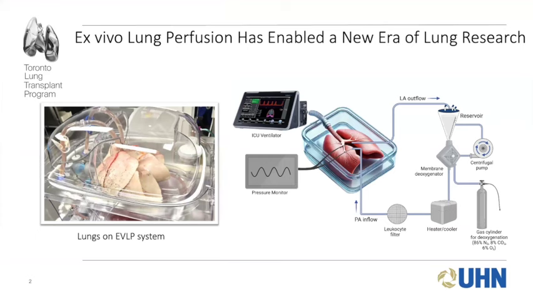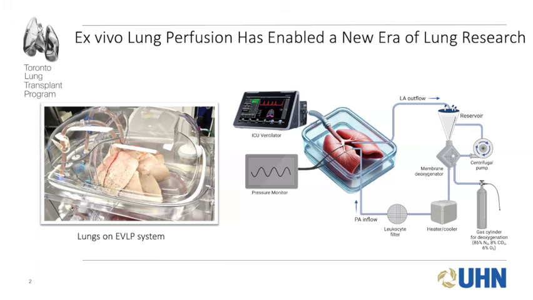So I just want to spend a brief moment talking about ex vivo lung perfusion. EVLP is an organ reconditioning platform that keeps lungs perfused, stabilized, and protected when outside the human body. The circuit is composed of a few key components. First, we have a closed loop circuit to keep the lungs perfused through their vasculature with a cell-free solution. We also have an ICU-grade ventilator connected to the trachea that keeps the lungs breathing at a specific rate. We also have a deoxygenator to remove oxygen from the circuit, as the lungs will be the oxygenator itself in the circuit. In addition, there's a temperature control unit that keeps everything at a physiological temperature,